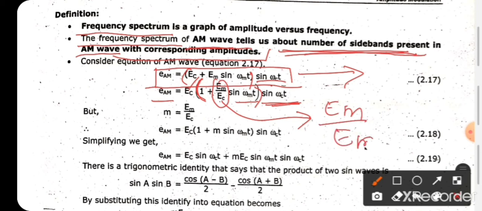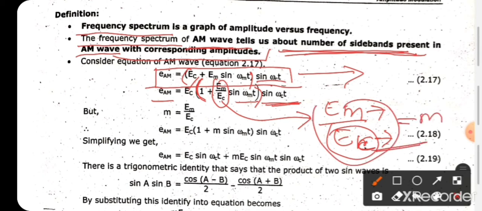What is EM? EM is the amplitude of the modulating signal, upon EC, the amplitude of the carrier signal. So this one is the modulation index, and it can be represented as M. So the final equation will be EAM is equal to EC bracket 1 plus M sine omega mt into sine